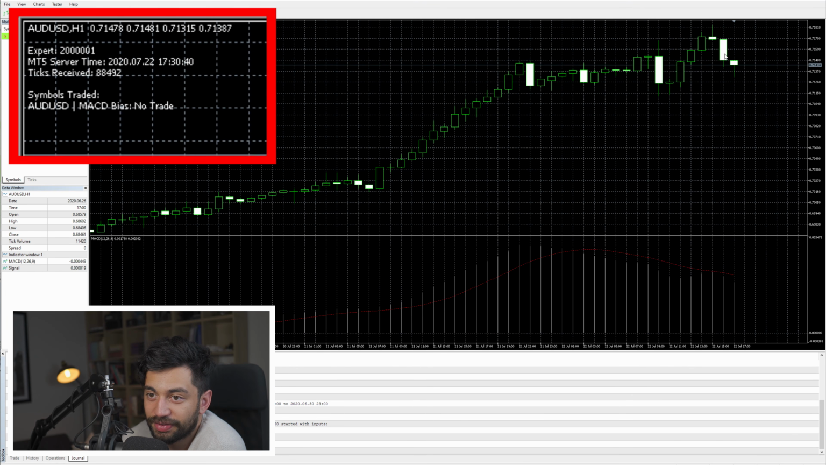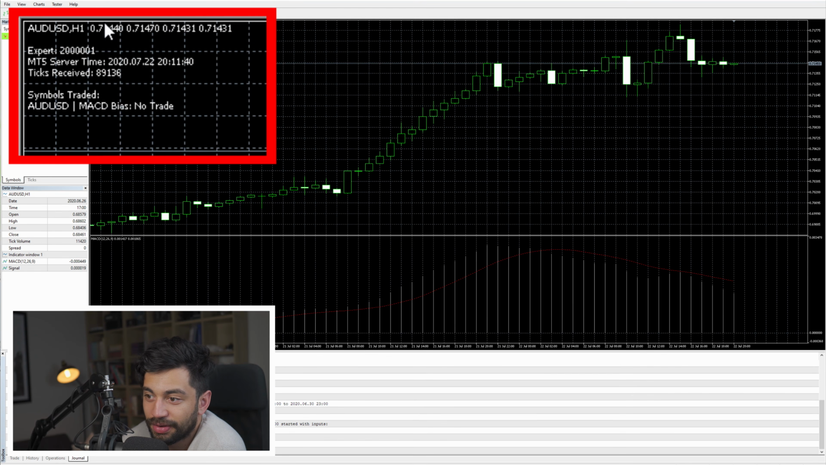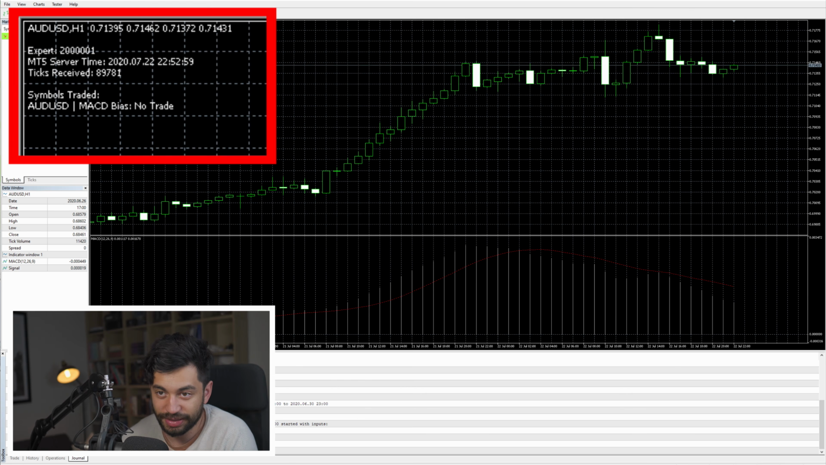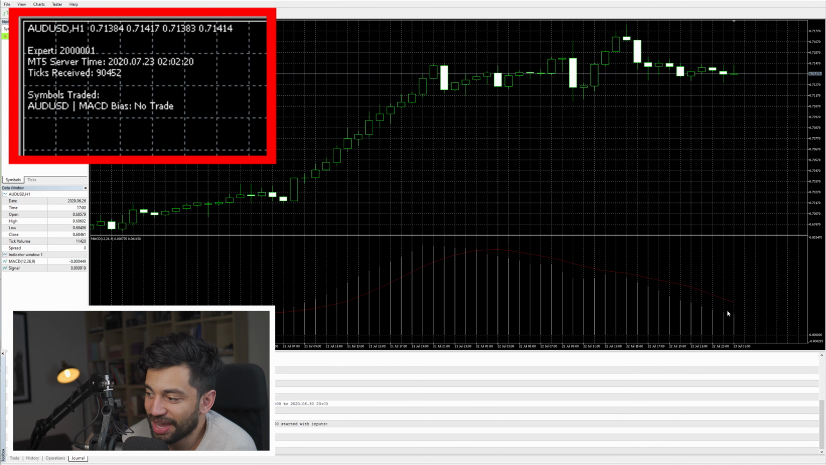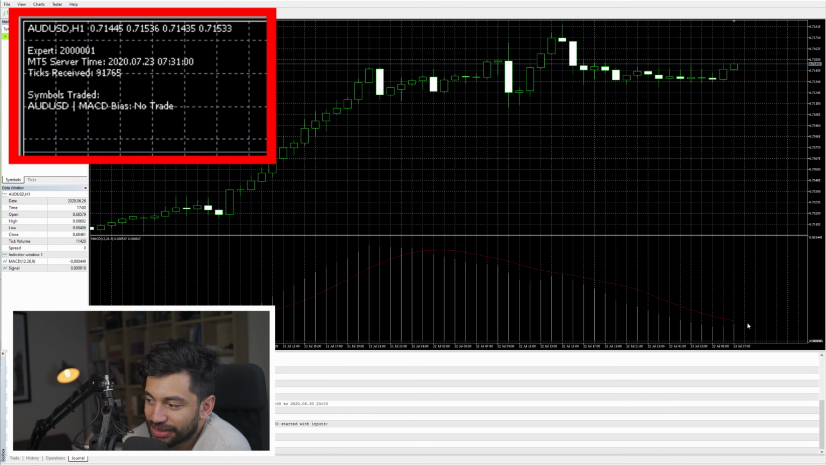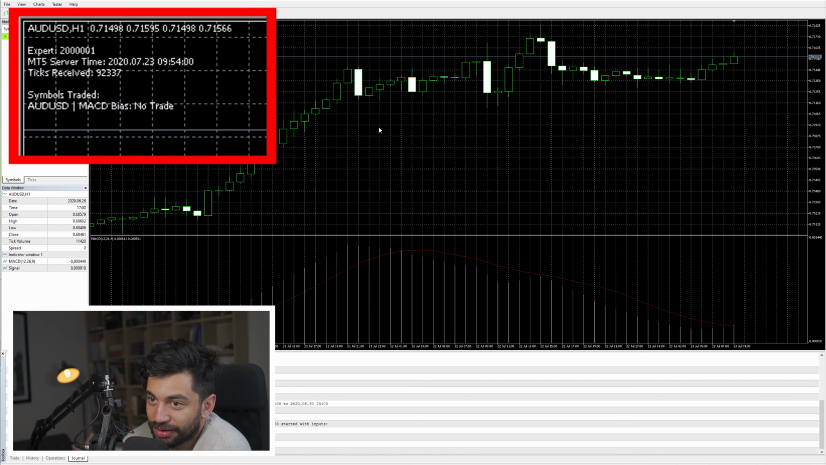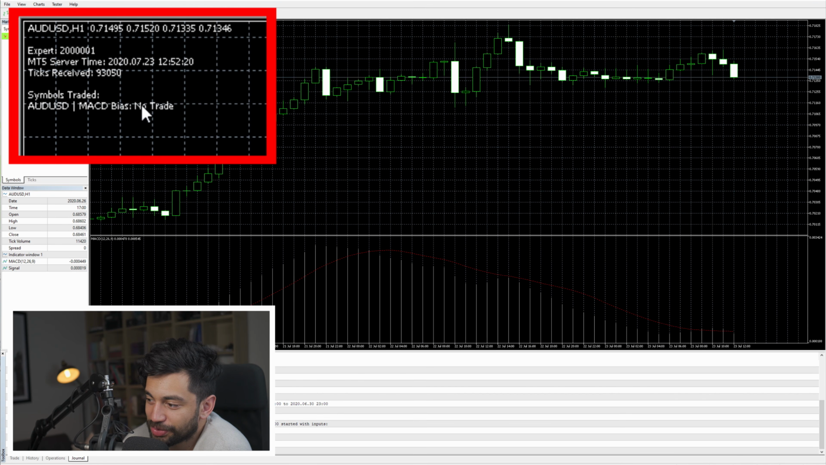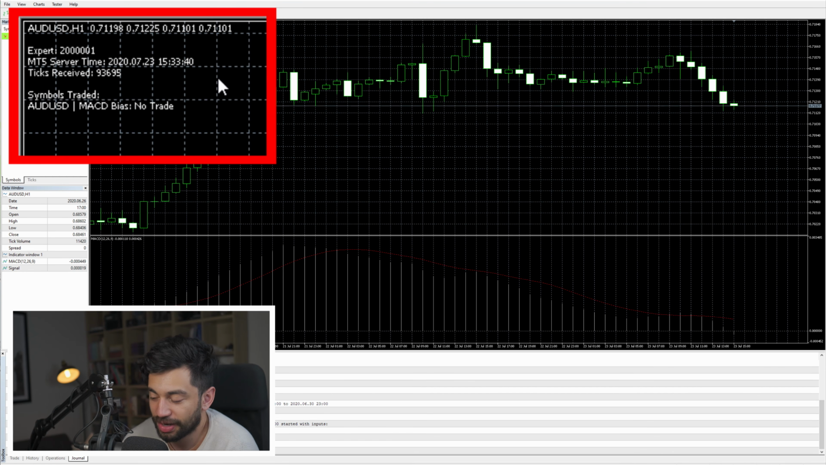There we go. We would have had something there, because when the tick actually just pops over a little bit, it's going to enter a trade. And I think there we go. We saw it pop over there. So anytime